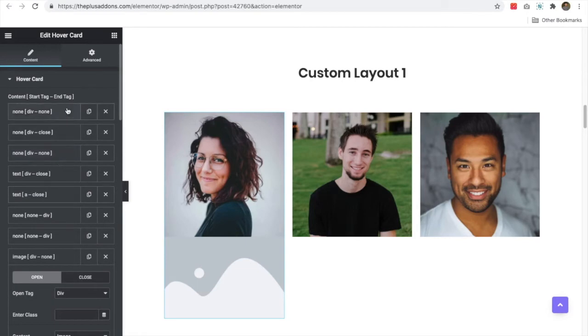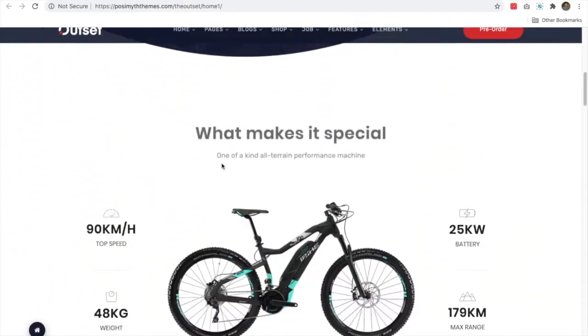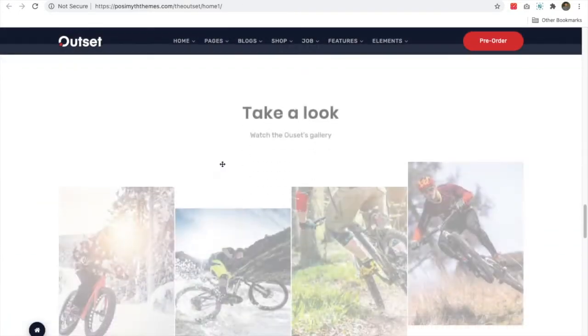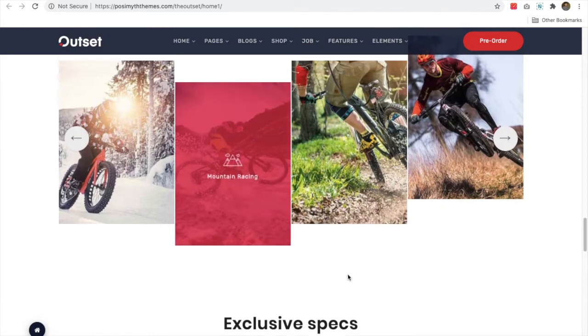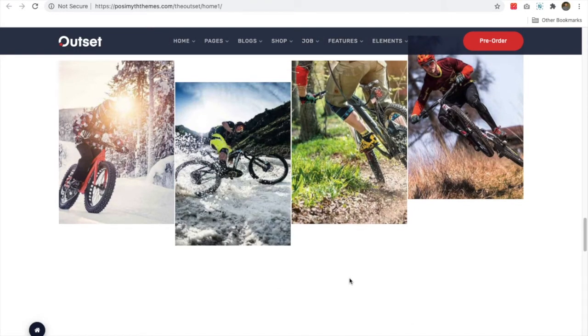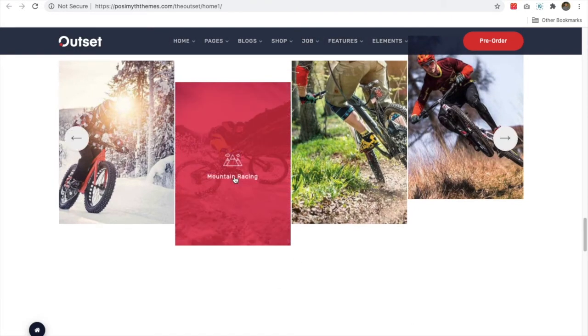Now let's check how to make one section using this hover card widget. For that we will try this style. You will have a normal image in the normal state, and when you hover on that you will have opacity of image, opacity of color, and on top of that you will have an icon and the text.